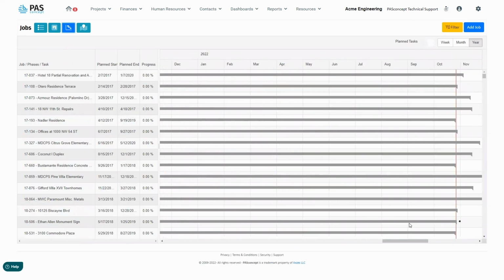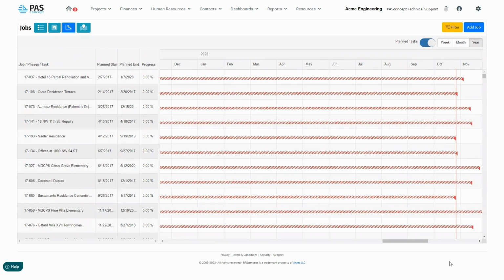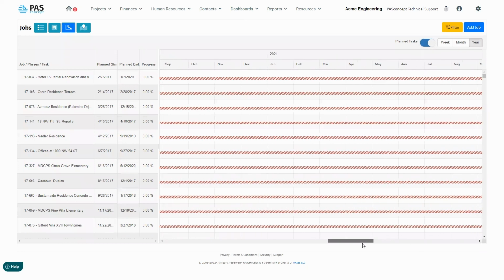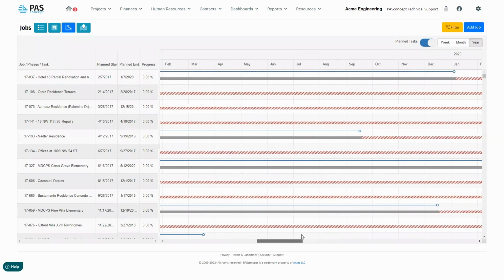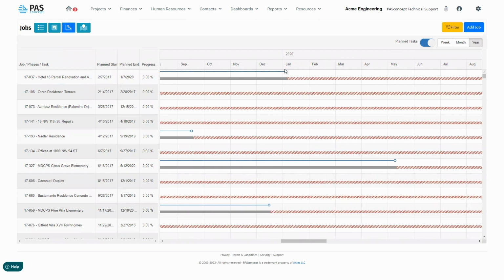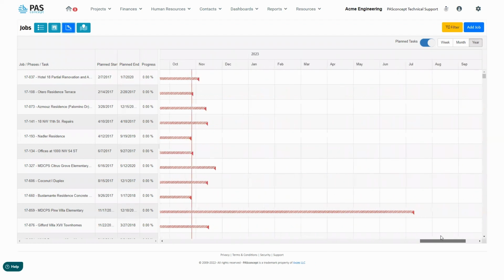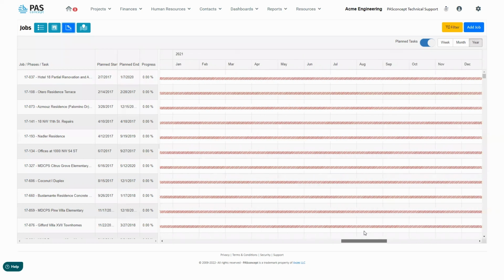Additionally, if you were a project manager and wanted to see how these timelines corresponded to your planned timelines, you'd be able to hit this planned button, and you can see, gosh, a lot of these projects, as we saw before, are well past the date that they were planned to finish. This project, for example, was slated to finish at the beginning of January of 2020, but is still ongoing. So it gives you a little bit of those indicators.